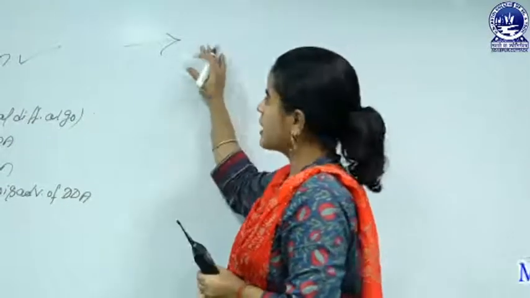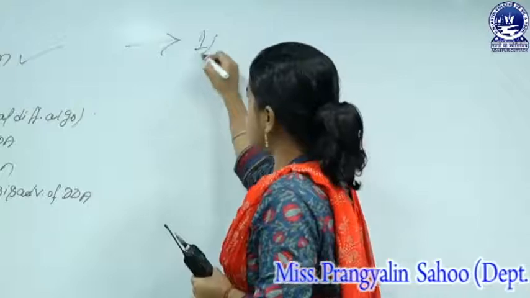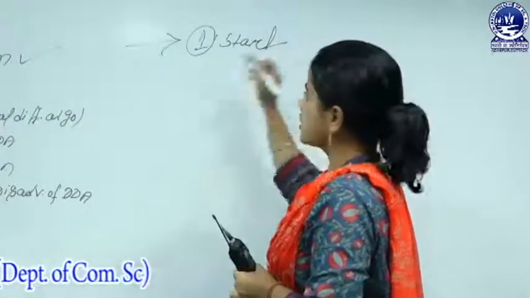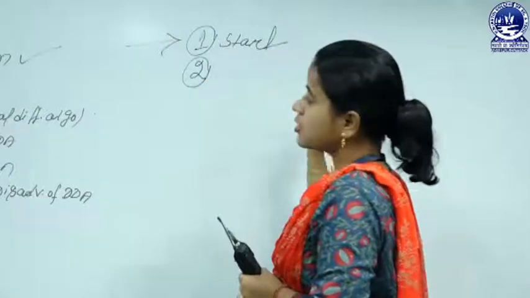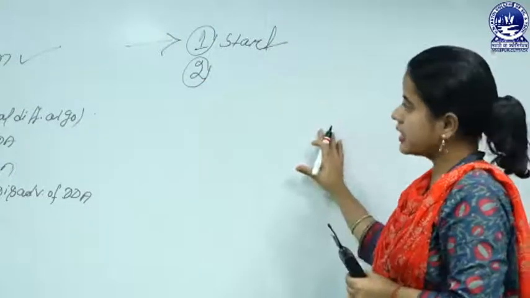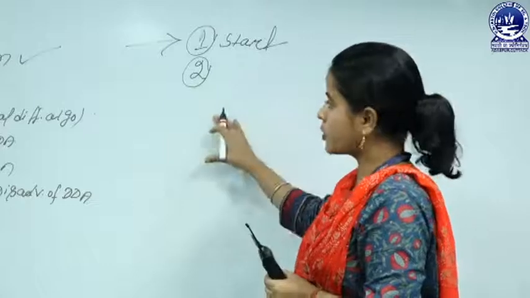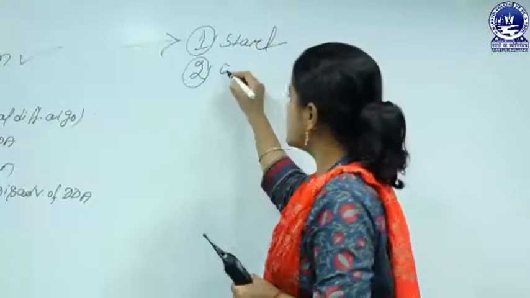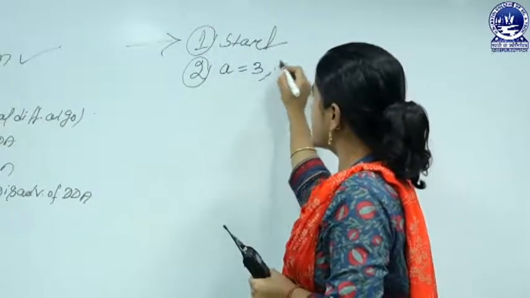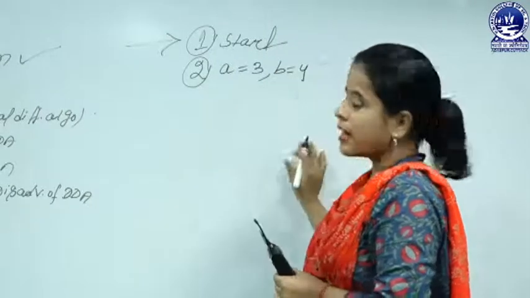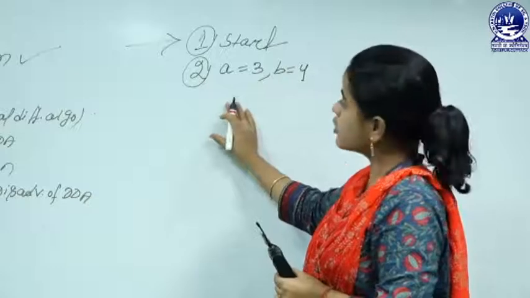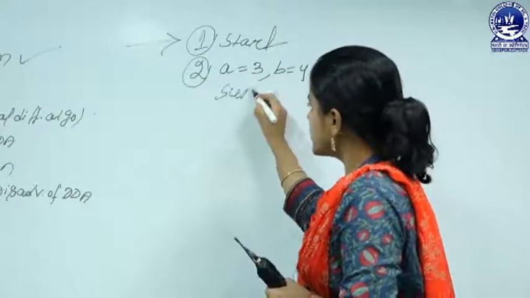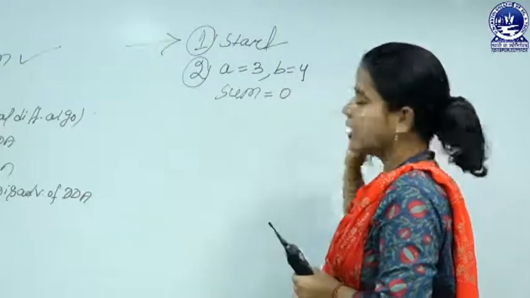So here, the user first starts the algorithm. That means on the first step, we start the algorithm. And on the second step, the user collects all the raw ingredients through which the summation is performed. As there are two numbers for the summation, the first number is 3 and the second number is 4, and another location is assigned for the resultant storage, that's your sum. By default, suppose the summation result is 0.